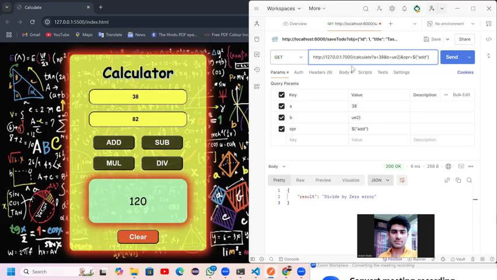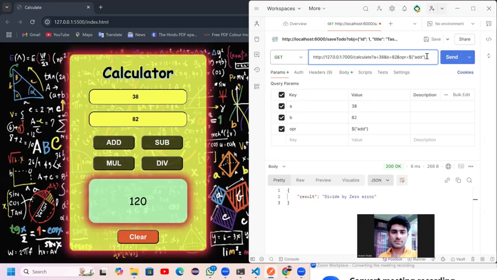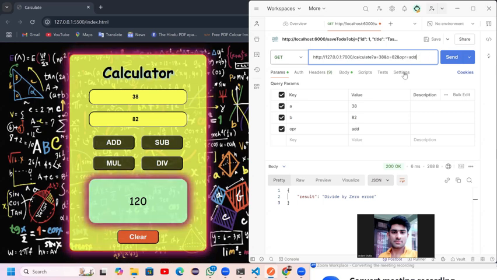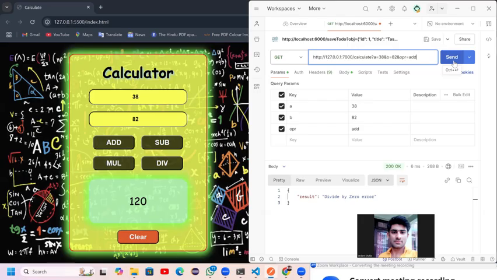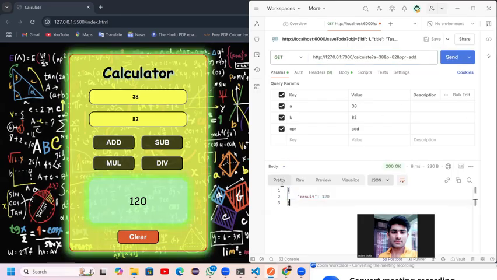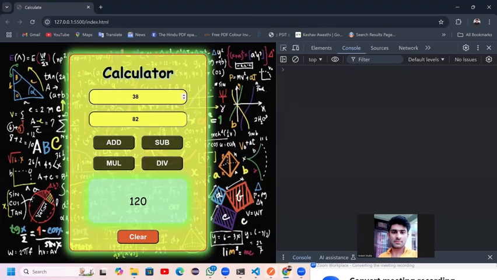यहाँ पे मैंने कर दिया 38, और 82 था, ठीक है। और ऑपरेटर मैंने यहाँ पे सेंड कर दिया, क्योंकि वो मेरी डायनेमिक लिंक थी, यहाँ पे तो मुझे स्टैटिक लिंक डालनी पड़ेगी। तो जब मैं यहाँ पे सेंड करूंगा तो रिजल्ट में 120 मिल रहा है, जो कि एक जेसॉन आउटपुट है। तो मुझे ये आउटपुट रिसीव होगा जब मैं फेच पे कॉल करूंगा।